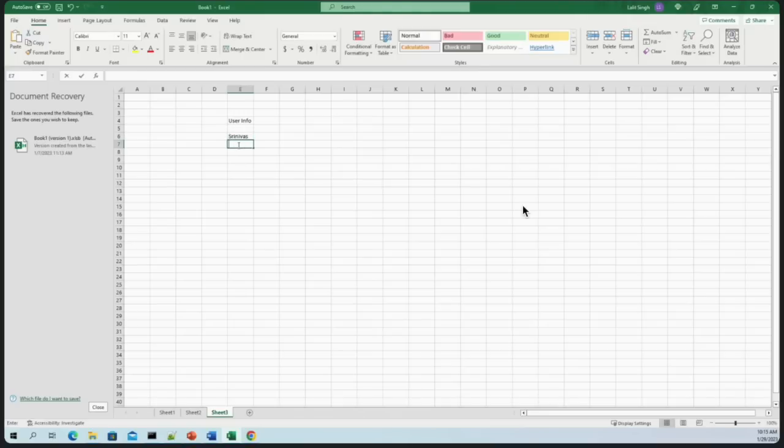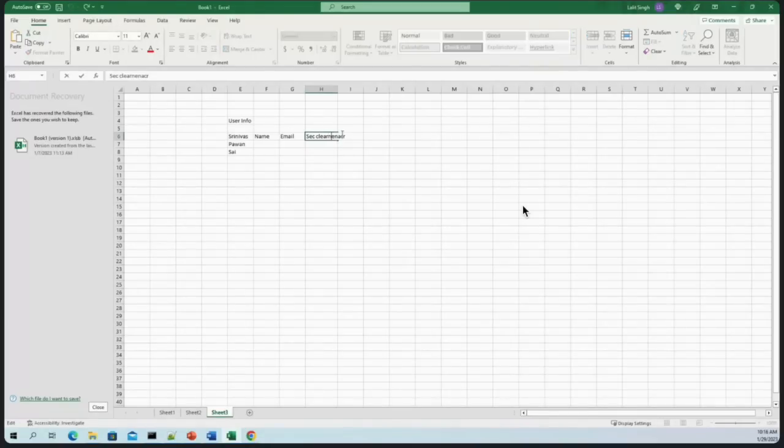So this is one user, okay. Second user is Pawan, okay. Third user is Sai. Let's say we have 3 users, okay. Then what kind of details are we getting? From the other system, the external system, we will get name, email, and then let's say one attribute is security clearance, okay. So these are the 3 attributes which we are getting from external systems